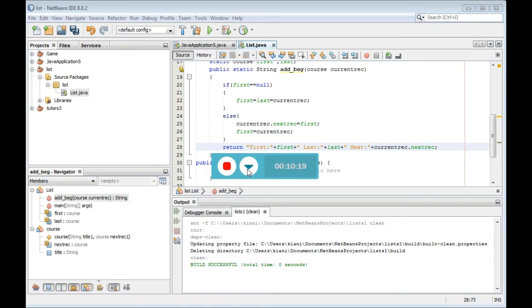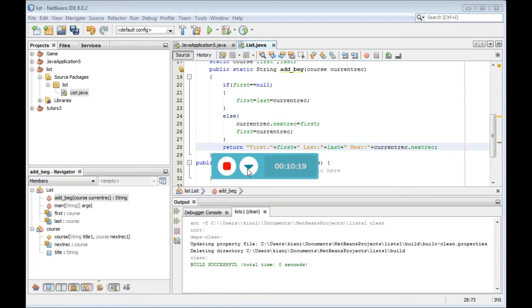So next record is first. Then the current record becomes the first, and current record next holds the previous first. The previous first is now the second record and the first record is the current record.